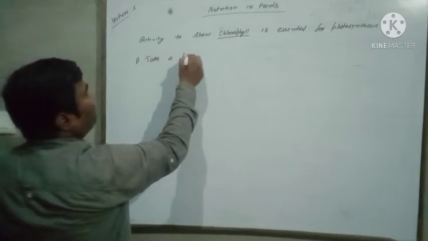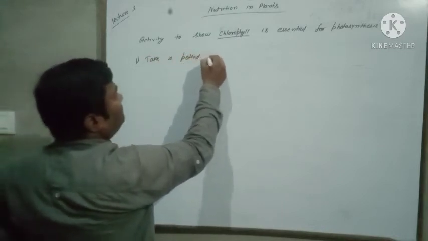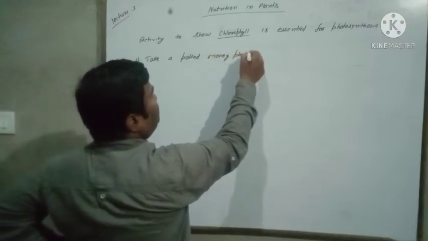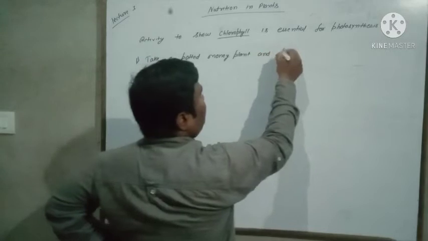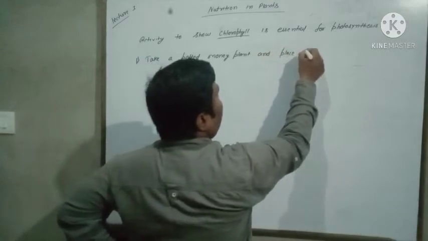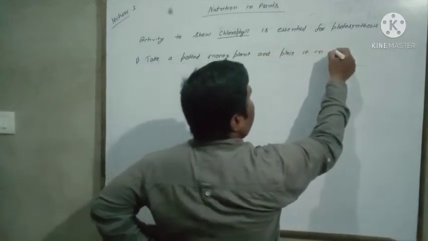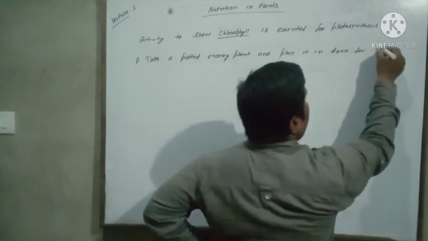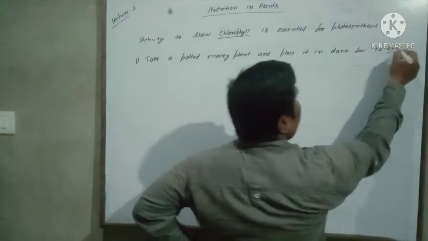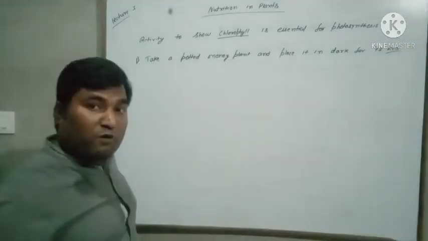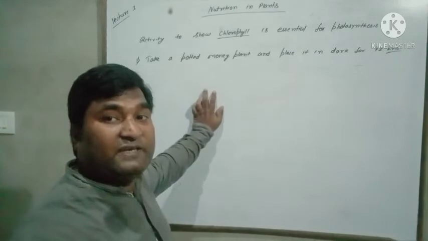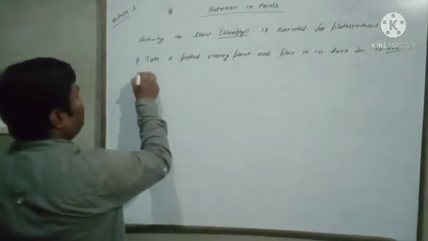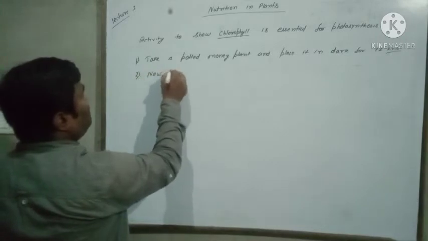Take a potted money plant and place it in dark for 72 hours. क्या होगा? You all know the starch which is present in the leaf will be used up by the leaf. Second, now